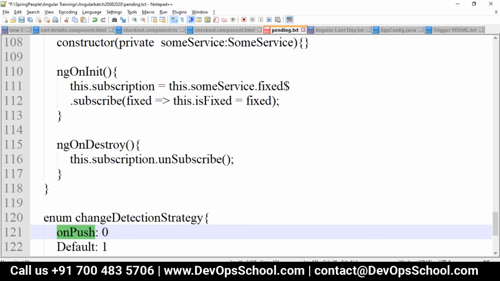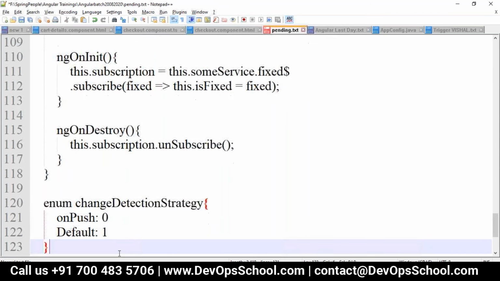to our code, so that we are able to detect the changes happening in the previous component, in any child components where you are using it. So all those places you can apply the change detection strategy here. For example, if you go to any component, like I have one component here which has some values.